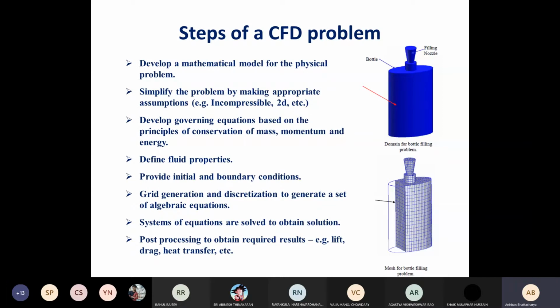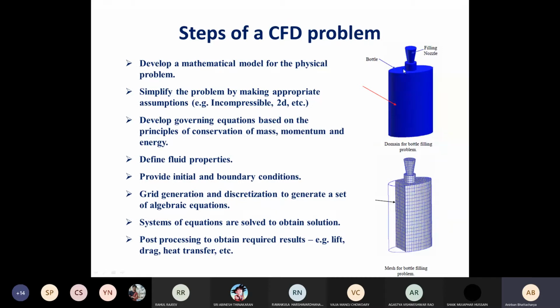And we had come up to this point where we were considering a hypothetical example of filling a bottle with some liquid. Okay, so if we want to study this filling process using CFD, what are the steps involved? Again, like the previous slide, but for this particular case, if we want to consider the steps involved while filling the bottle with some liquid and trying to analyze that, we can consider the following steps.